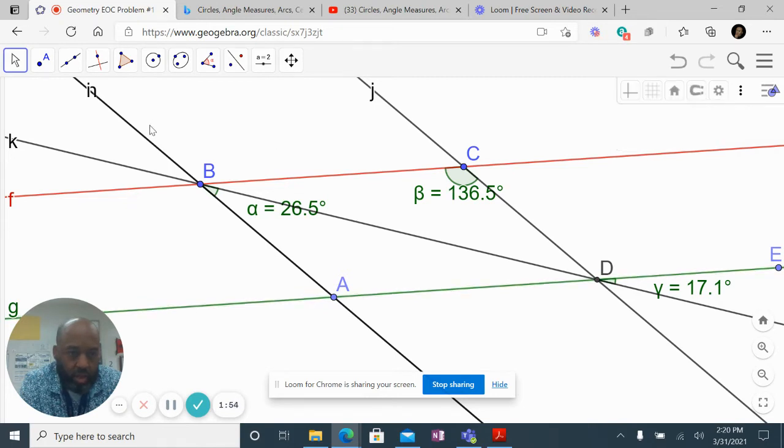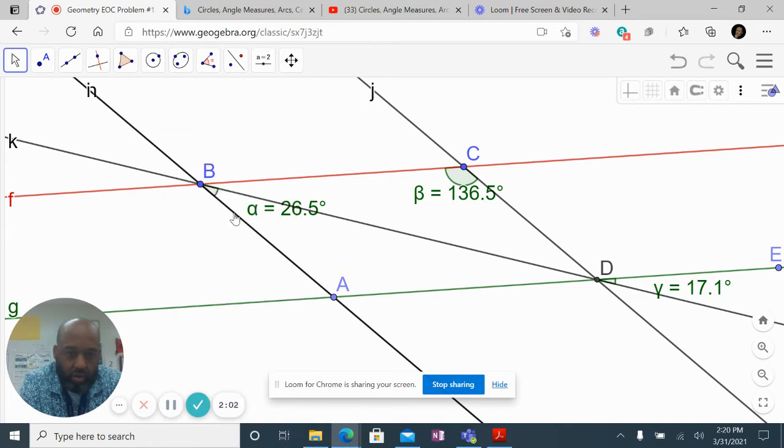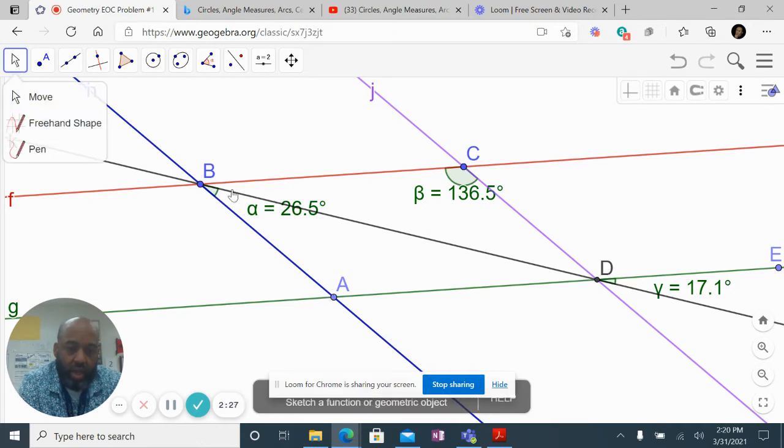Okay, and this line here, that one didn't show up for me, so try it down here. All right, the blue line is parallel to the purple line. Okay, so blue and purple are parallel, red and green are parallel. The challenge with this, it just looks like a lot that's going on. Okay, what they gave me: angle ABD, they gave me angle BCD, and they gave me